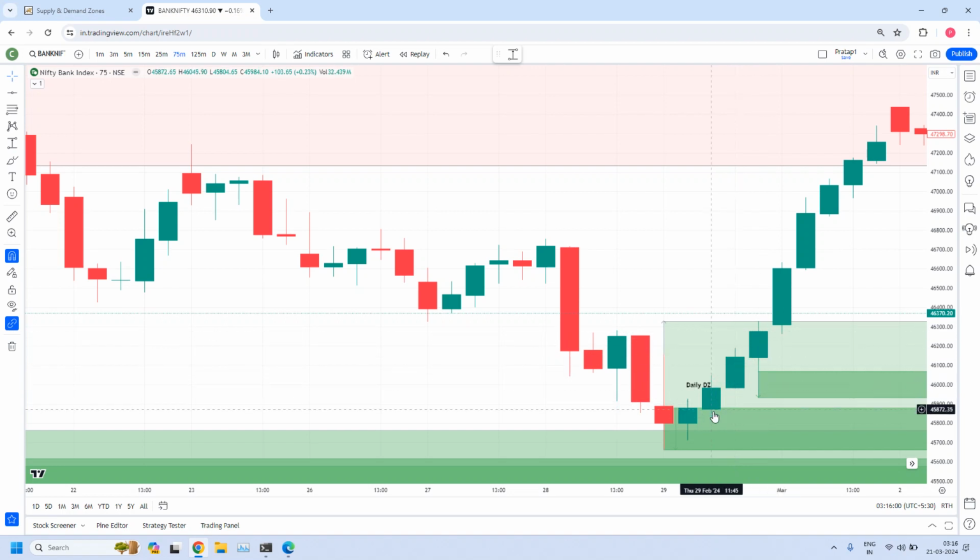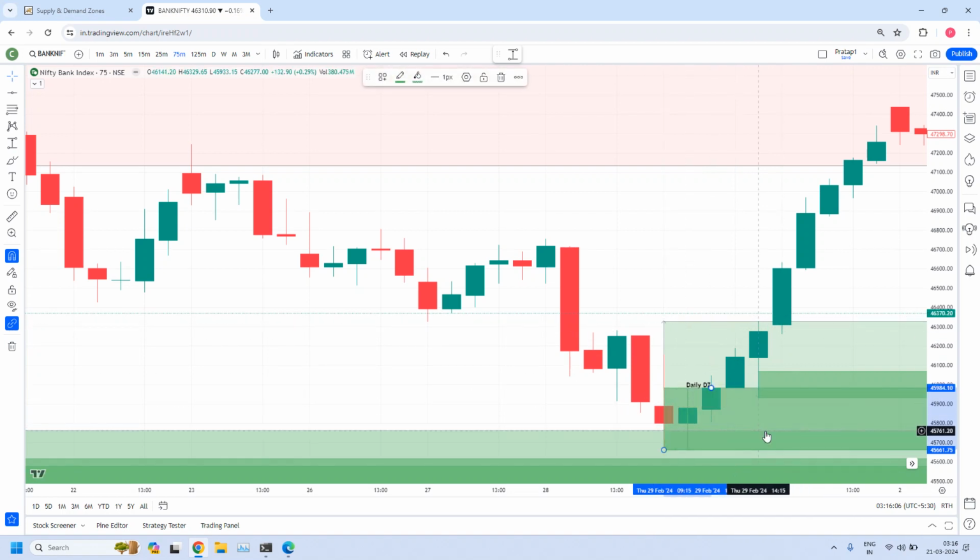Even though this is not a great leg out, there are follow through candles. That's why I limited it. If you have any questions, you can draw a zone like this also. In this, the order flow is already consumed. That's why below we need to find the order flow. That is the reason why I have drawn the zone like this.